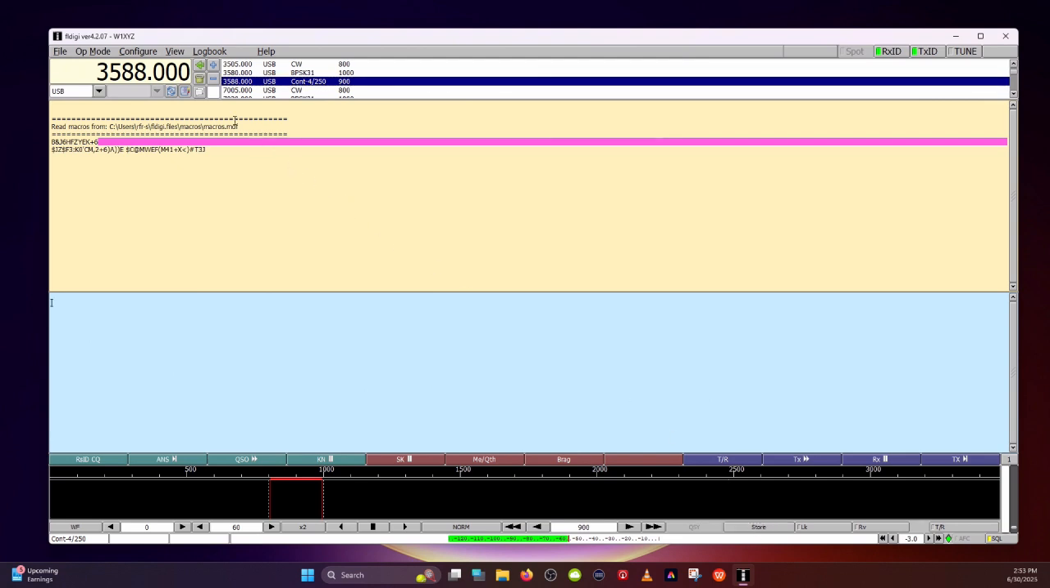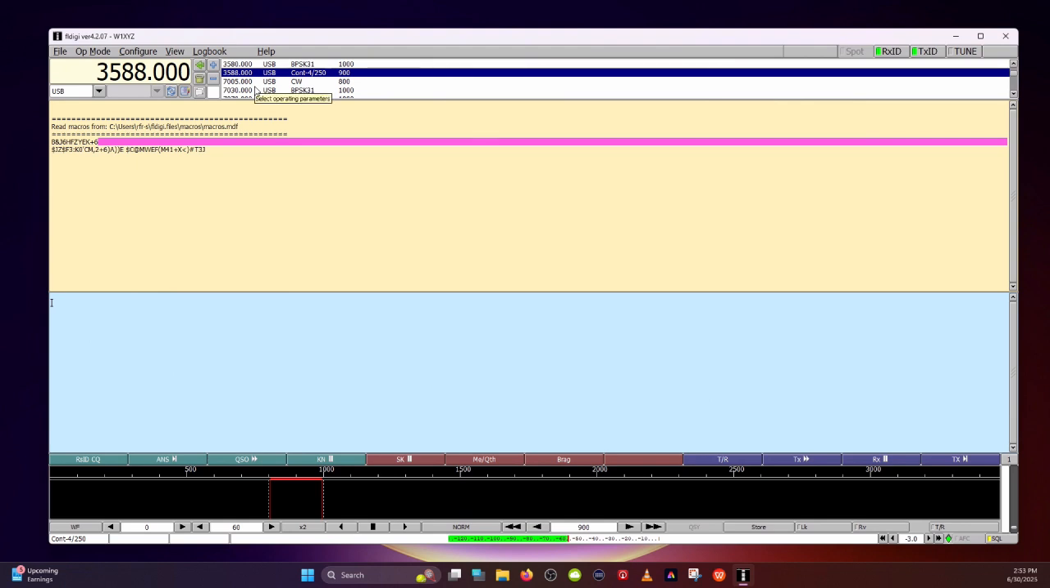And then you're going to go up to Configure, and we're going to Save Config. So everything that you've changed and customized, it will save that configuration for you. The next thing we'll do is we will add the 40 meter band, which is